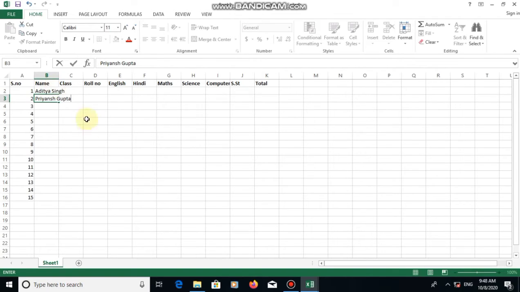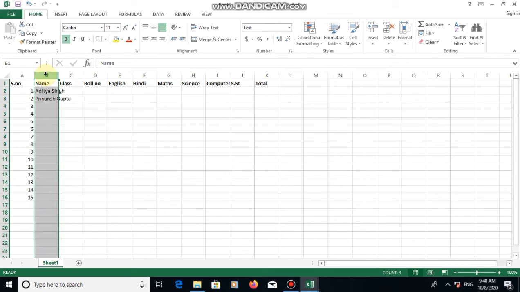As you can see, the width of the cell is small in comparison to the name. So for increasing the width of the cell, we will first select the whole column like this, and then I will move my cursor towards the side of that B column.